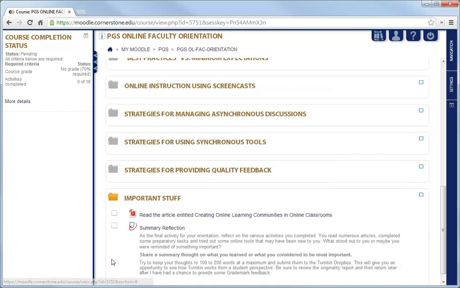Finally, I want you to finish off with one last reading, a good article on building community in our online classrooms. It's an important outcome of much research that has been done in online learning: the importance of building community. It is possible to do so, but it can be challenging, particularly if we aren't intentionally taking advantage of opportunities to do so. So read the article and then finish this orientation